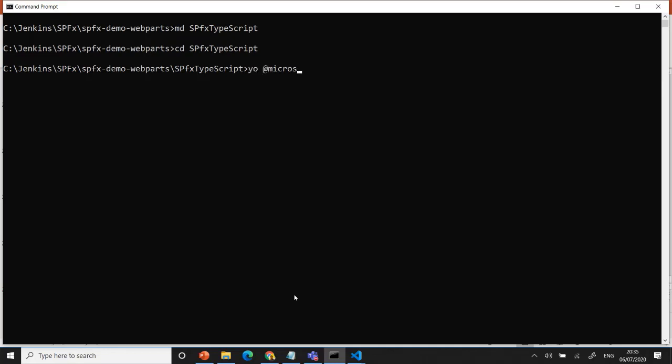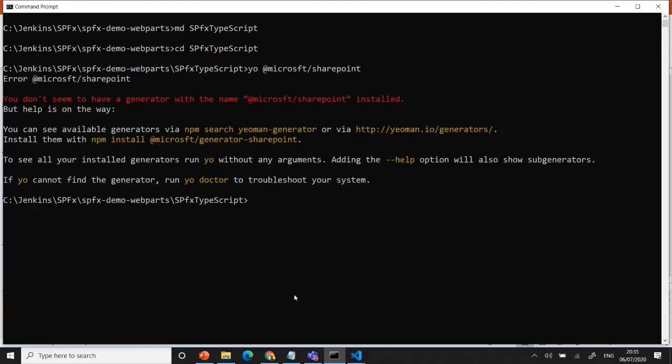I'm just creating the first project web part. I have already installed everything on my machine, so I'm going directly to Microsoft SharePoint generator. It creates a new web part. Sorry, once again, spelling mistake.